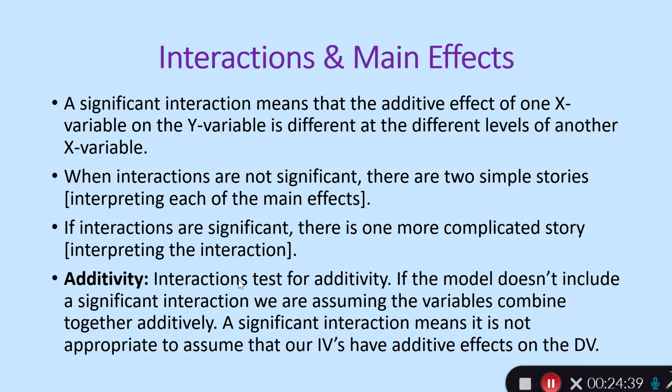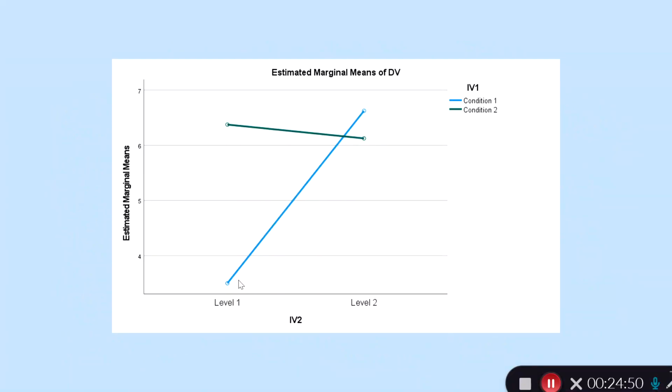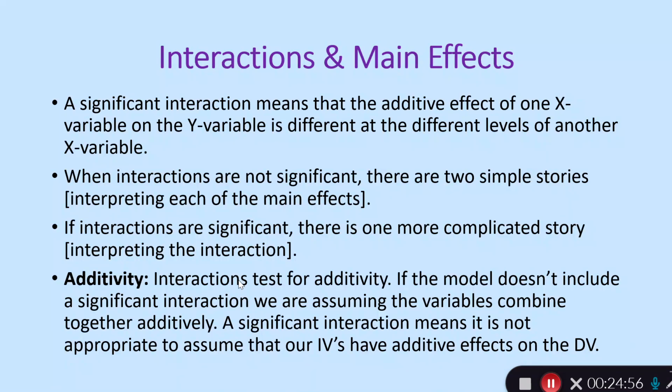If the interaction is significant, though, there is one much more complicated story, and that involves interpreting the interaction. So it involves trying to pick apart what's happening differently at different levels across the independent variables. And additivity